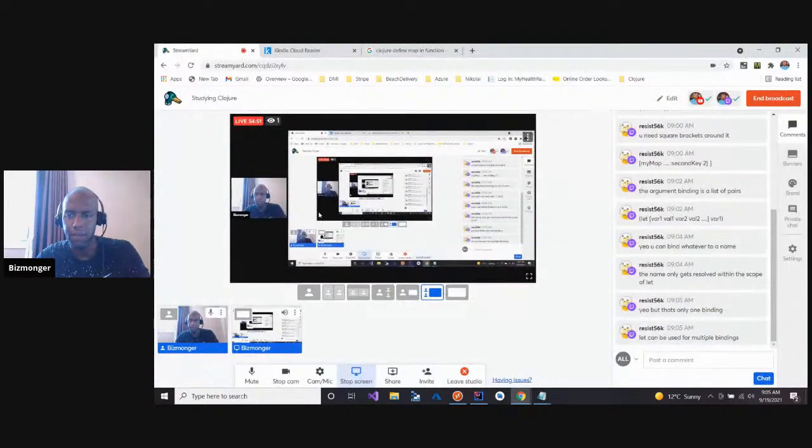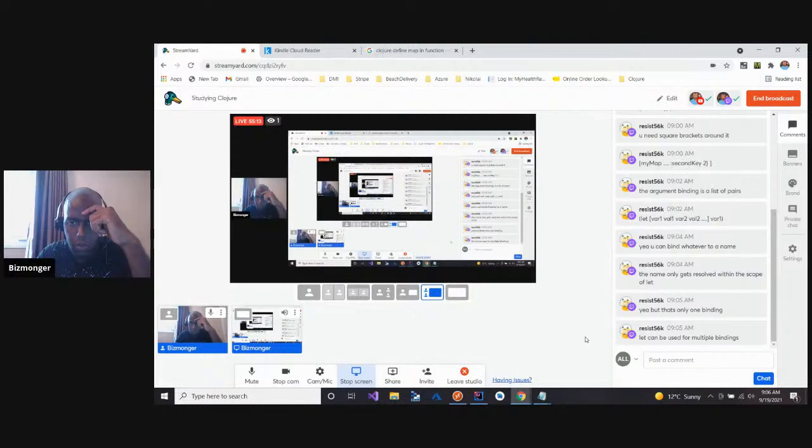That part I'm not understanding. He said you combine whatever to a name. The name only gets resolved within the scope of let. Yeah, but that's only one binding. Let can be used for multiple bindings.